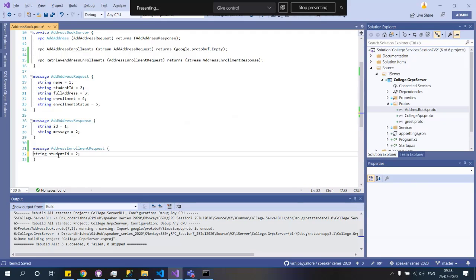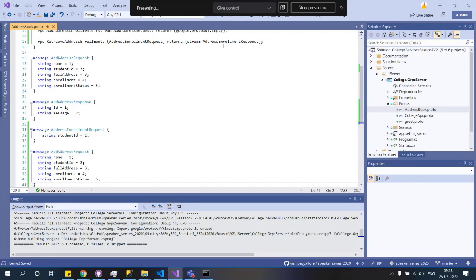We can copy it from here, and it should be number 1 because that's an ordinal position. We'll make a literal copy of this, paste it at the bottom, and call it address enrollment response. I will switch the ordinal numbers because for me the ID is important, so we'll give this 2.